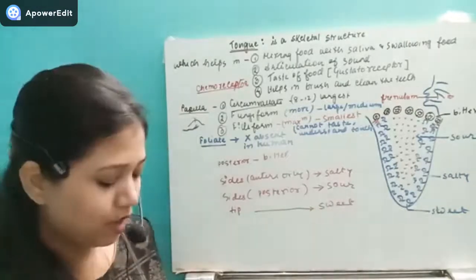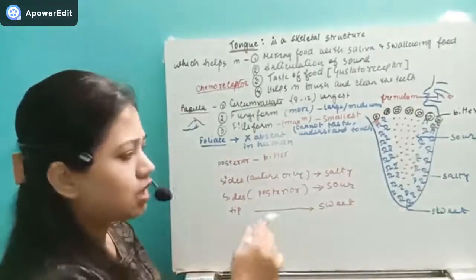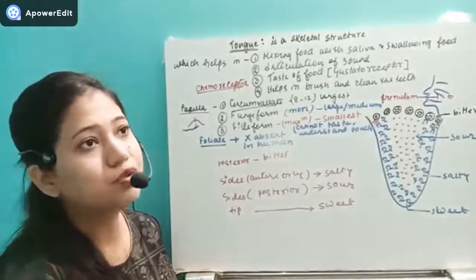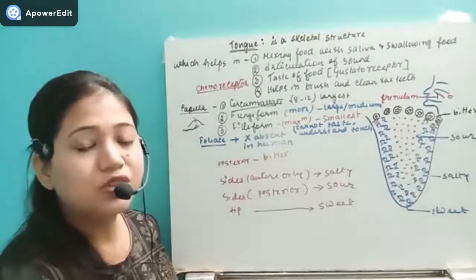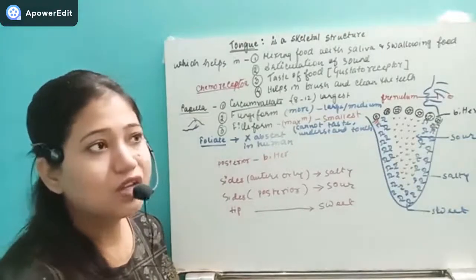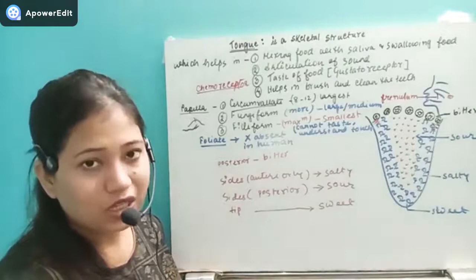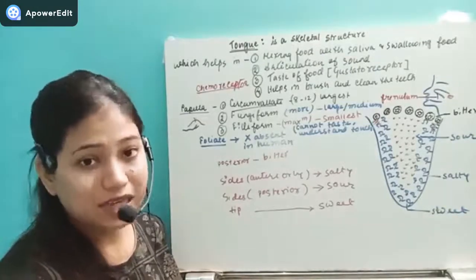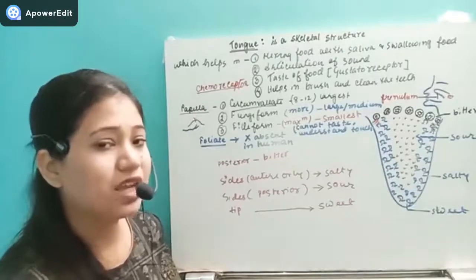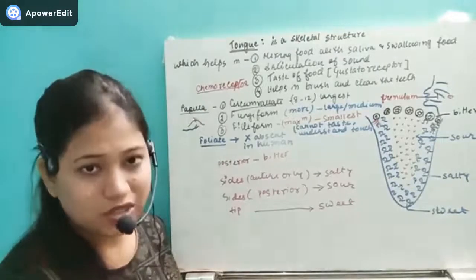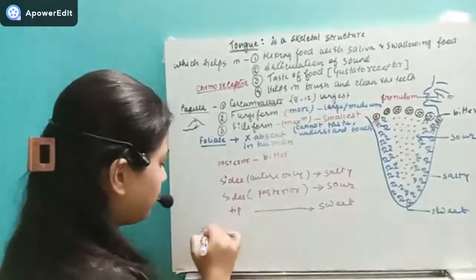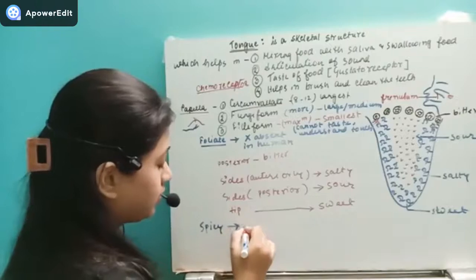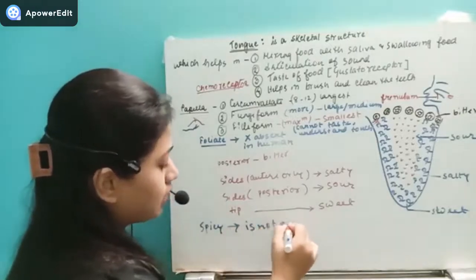Remember that. And yes, other than these four types of taste, we also have some other sensations. If you see, suppose the chili, that taste of the chili is not at all a spicy taste. It's not actually a taste, it's a burning sensation. So remember, spiciness is not actually a taste.